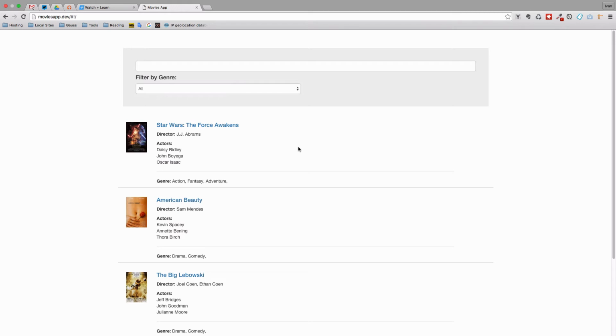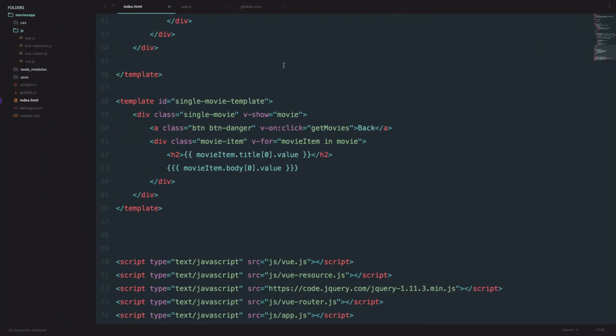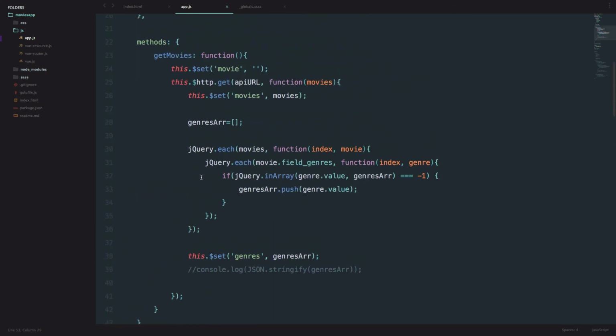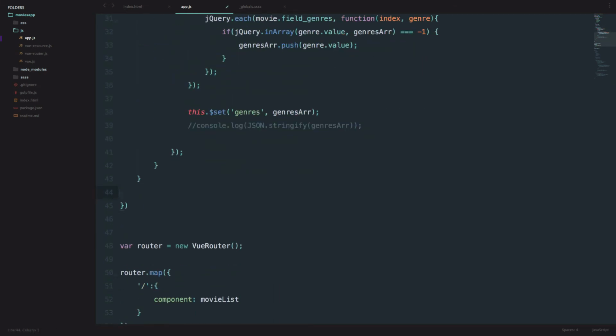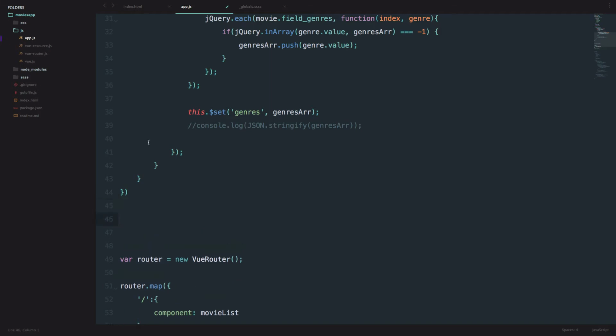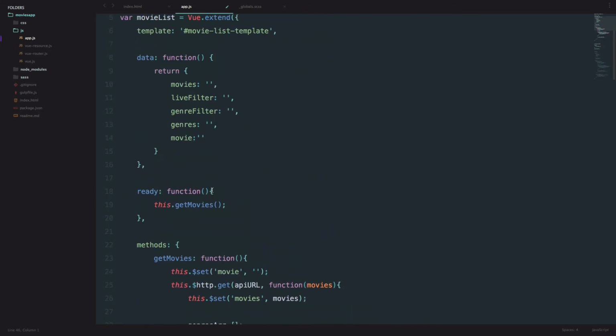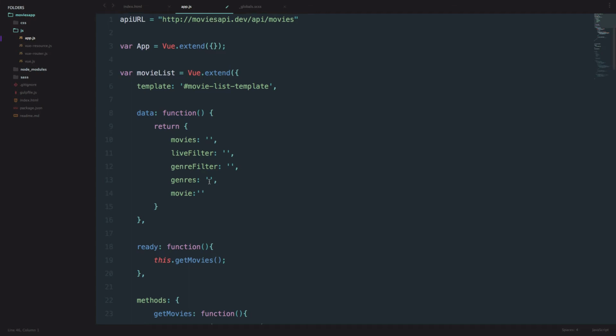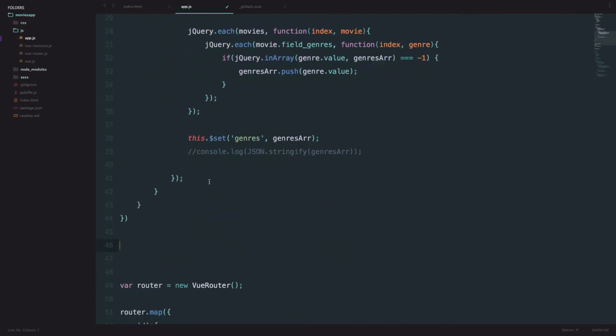Now we are going to set up our single movie component, so that when someone clicks on this link, it will trigger that component and display it on our page. So now we are just going to go to our app.js again, and we are going to set up our single movie component. To do that, we do pretty much the same thing as we did with the movie list. So we just do our single movie